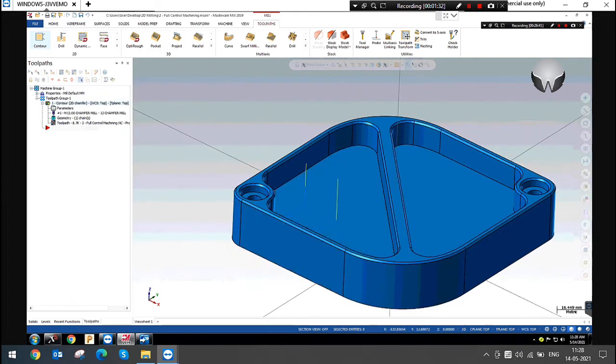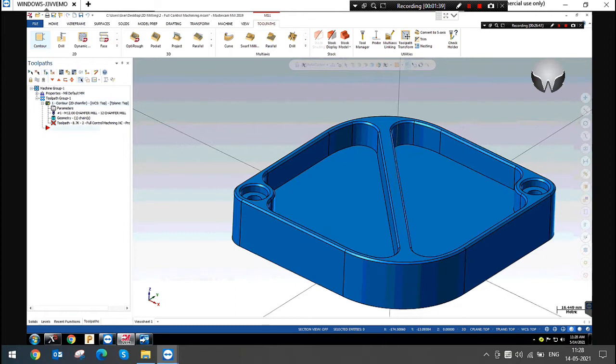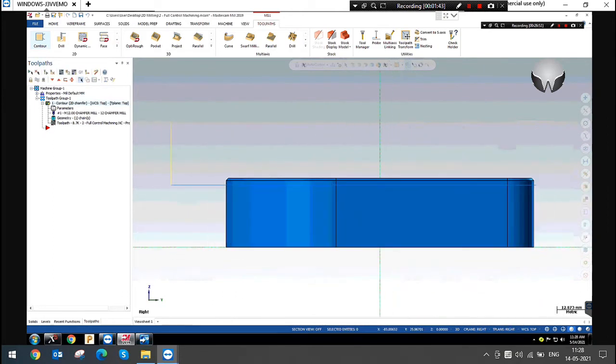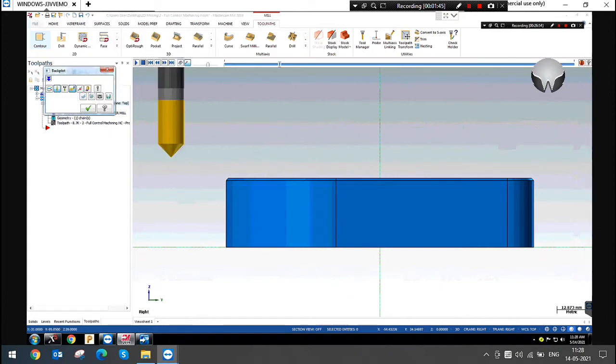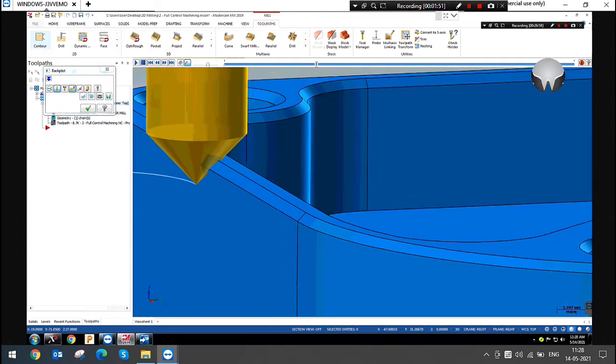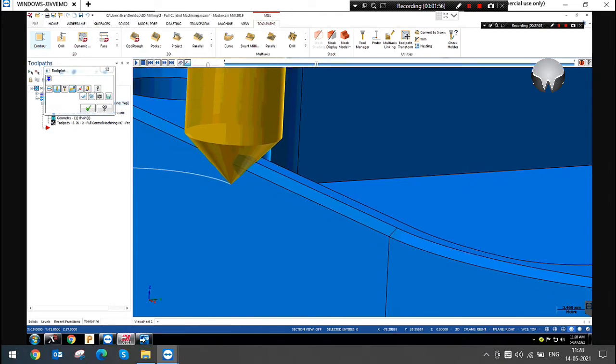So it is inside machining, right? Now I am changing the side to outside machining. Yes. So here you can see the chamfer will be machined exactly. So it is taking the cut, yes, but it's an overcut, right?